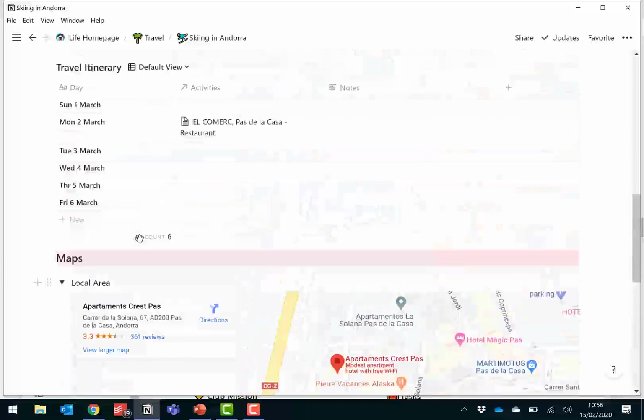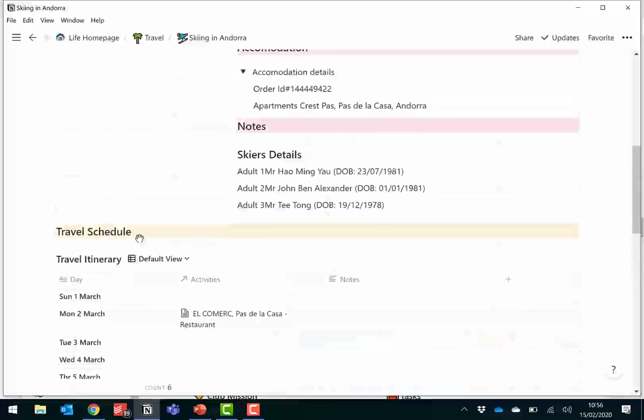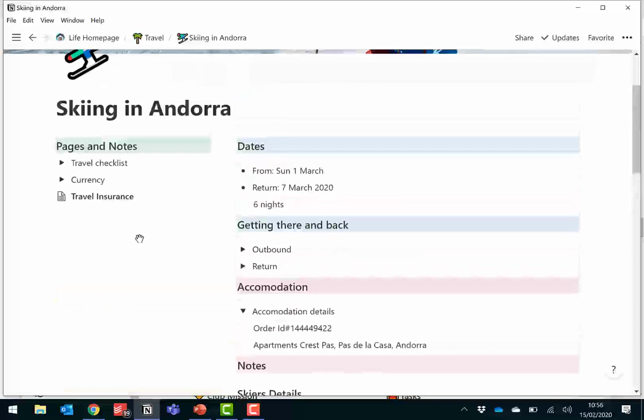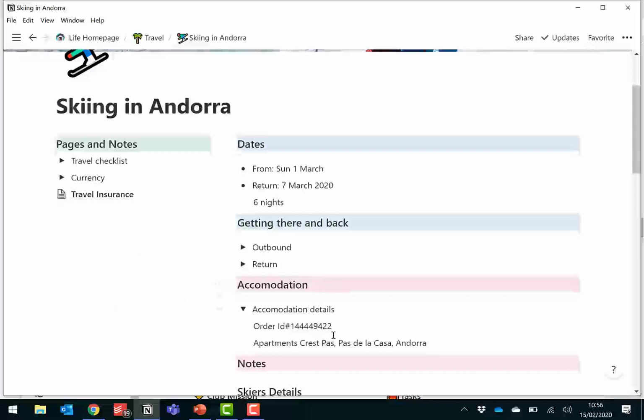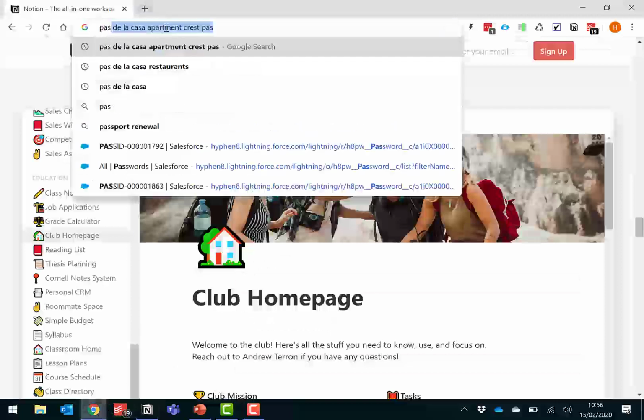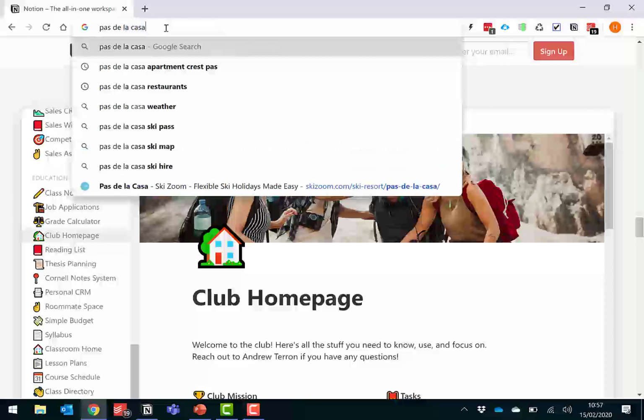I'm going to demonstrate now the Notion web clipper. I've still got to work on planning this holiday a little bit more, so I don't know much about this place, Pas de la Casa. Where is it?